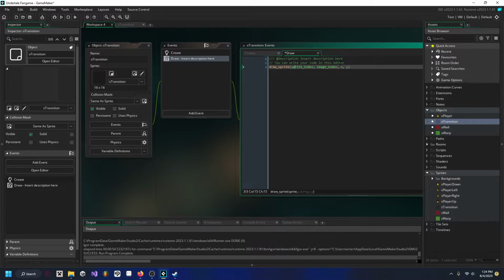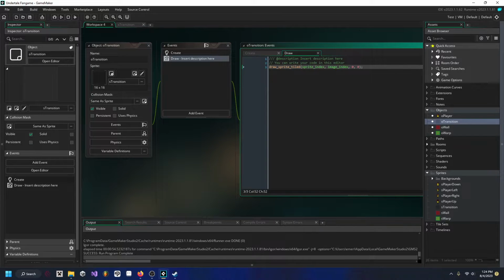But what we want to do for this is set this to tiled, because we want this sprite to spread itself across the screen, and then fade in and then fade out. So we'll have to use draw sprite tiled for it because it's tiling itself across the screen. And we're going to set this to 0, 0. So basically it tiles from the top left corner of the screen to the bottom right corner. And that's it. That's all we need to do here